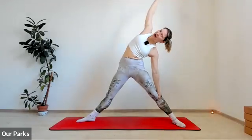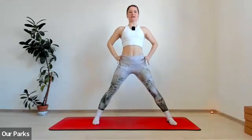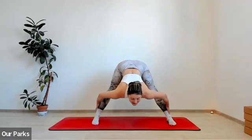Start making your way out of the shape and take your right foot in, so both of the toes are pointing inwards. This time, hands on your hips, shoulders down and back, open up your chest. And as you exhale, start sliding the hands down the back of your legs, bending into the elbows, and another